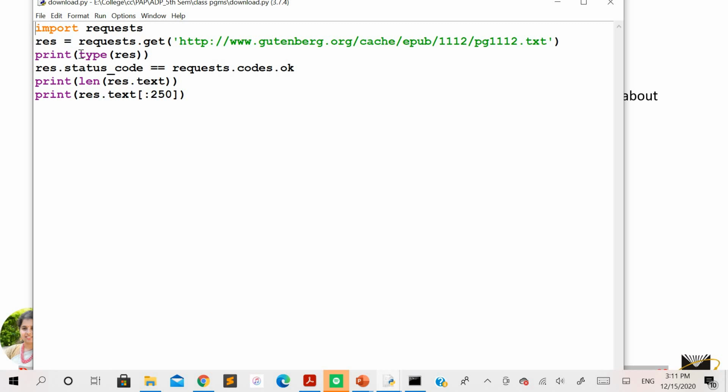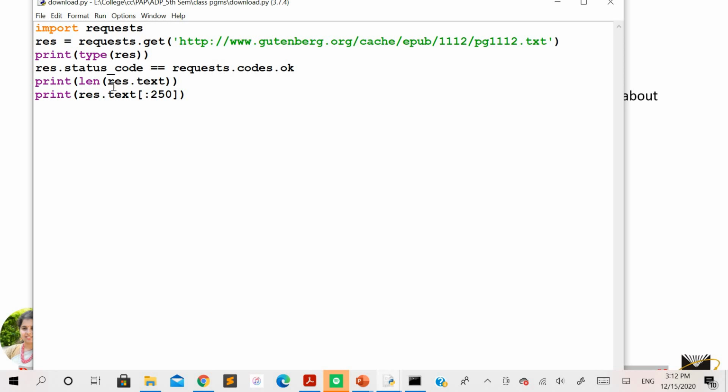Right. Immediately after that, we want to check what kind of variable this is, so the type method is used on this variable. After that, you can see result.res.status_code is equal to requests.codes.ok. This particular line is used for checking whether everything is working correctly: whether you are able to connect to the internet, to this web page, and whether that web page exists or not. So whether everything is going fine is checked with this line.